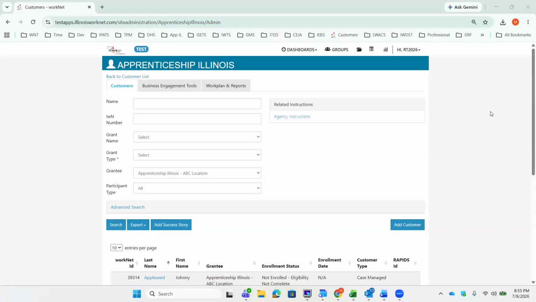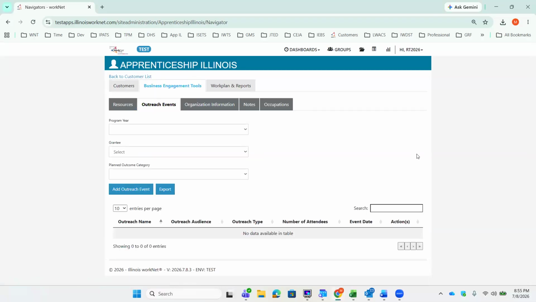In this video, we're going to go over how to add an outreach event. So you are going to go to the business engagement tools, and you could click the add outreach event button here on the outreach events tab, or you can go to